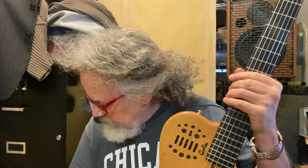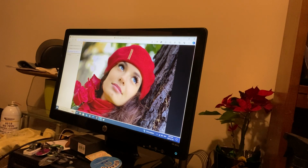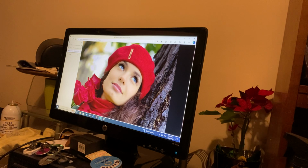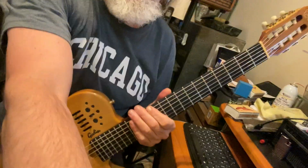And just for comparison, let's plug it in one more time. For the last time, we can hear what it sounds like through a so-called proper amp. Now this is the multiac coming through the Acus 180, which is